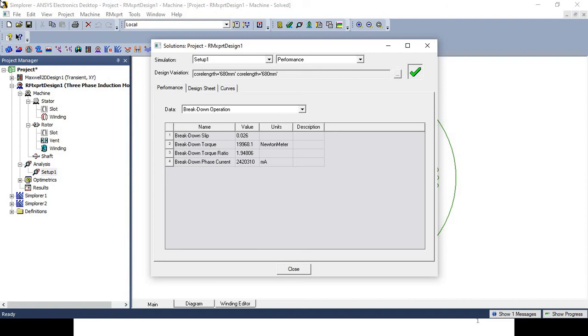But if you do not get the required result, then you can make changes in the input parameters of the design and accordingly repeat the analysis and continue this procedure unless and until you get the required output.